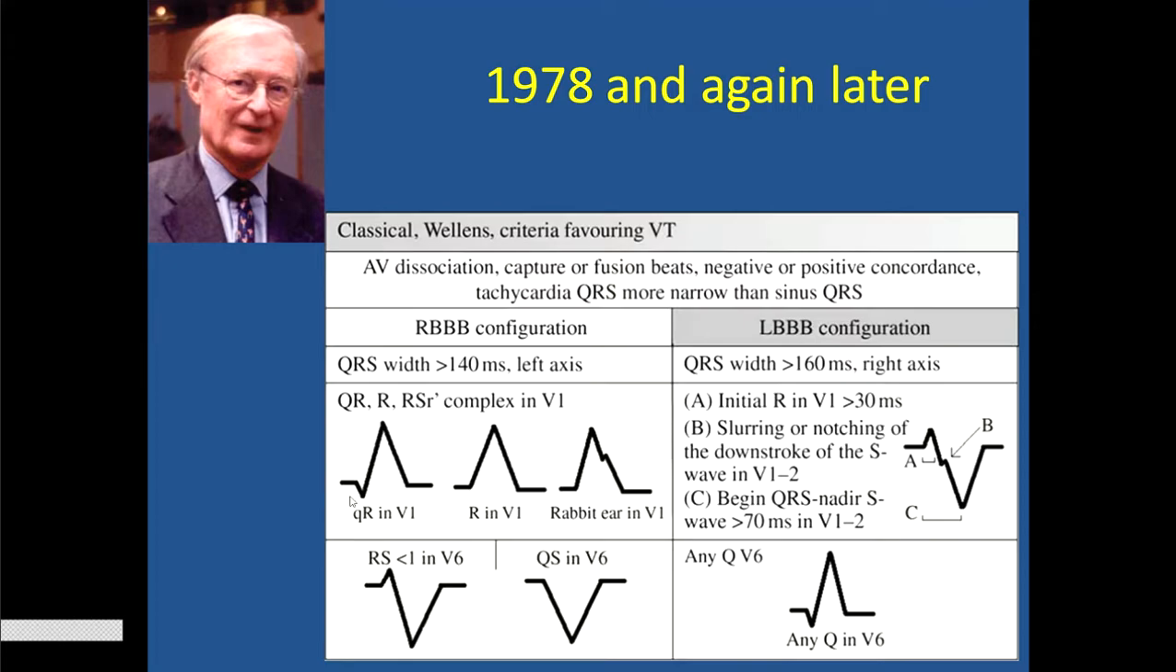Now, in our RBBB morphology, in V1 and V6, we need to look into specific criteria. A QR morphology, or a monomorphic R, or a rabbit ear with the left ear taller than the right in V1, points to a VT. And a right one taller than the left is usually seen in SVT with aberrancy. And an R/S ratio less than 1